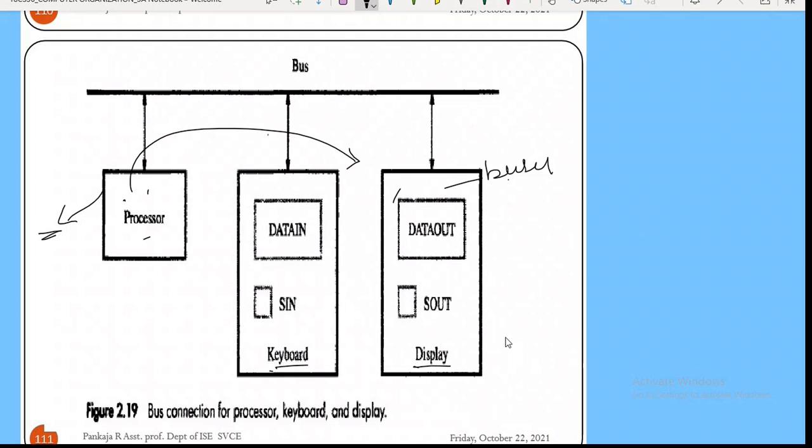So now the task I want to perform is to read a character from the input device, and that should be sent to the processor, and from the processor it should be sent to the output device. So how exactly is it done?